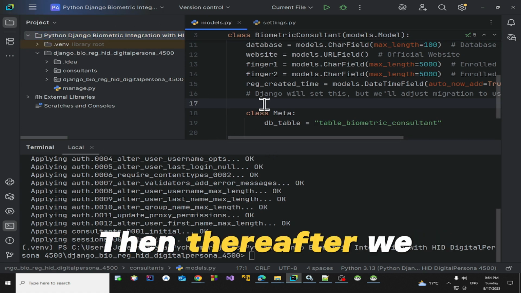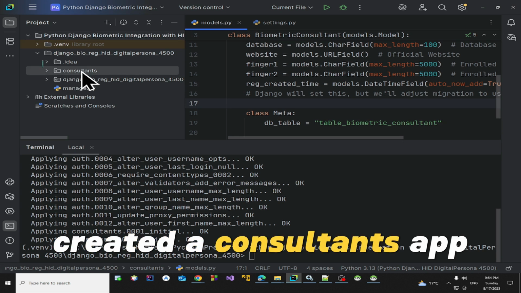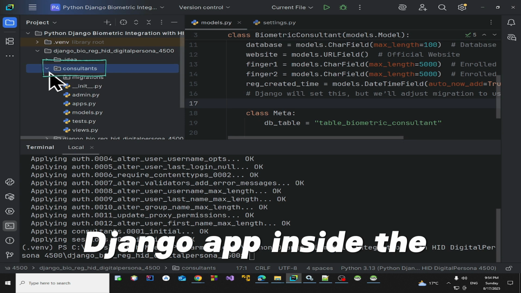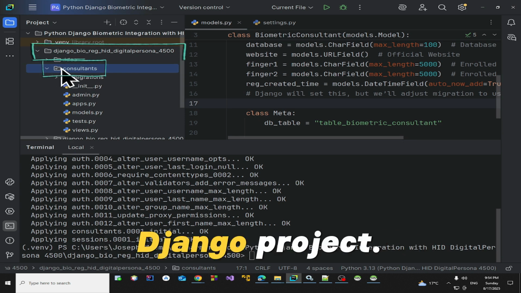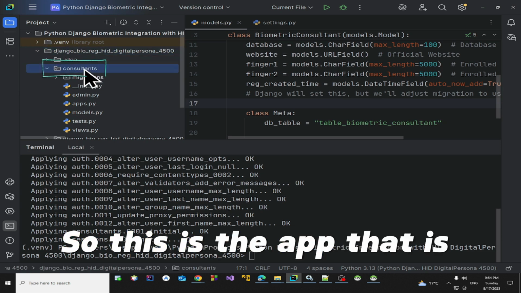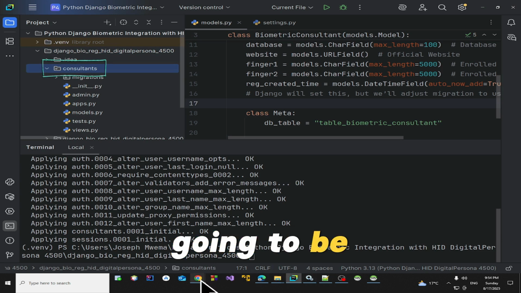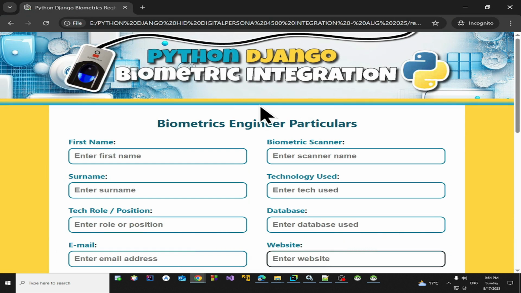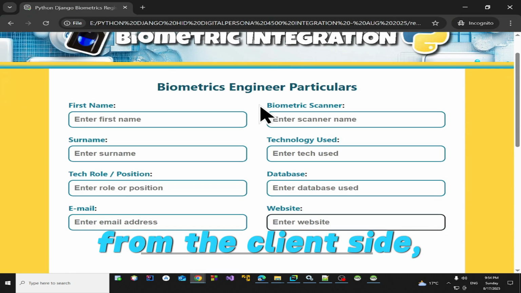Then thereafter, we created a consultants app, that is a consultant Django app inside the Django project. So this is the app that is going to be handling the registration from the client side,